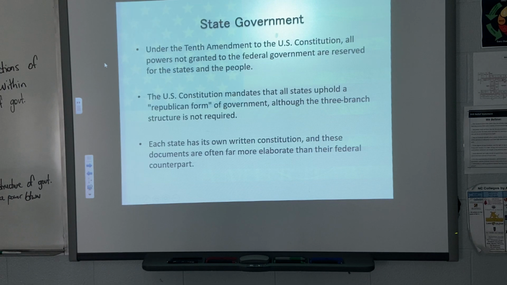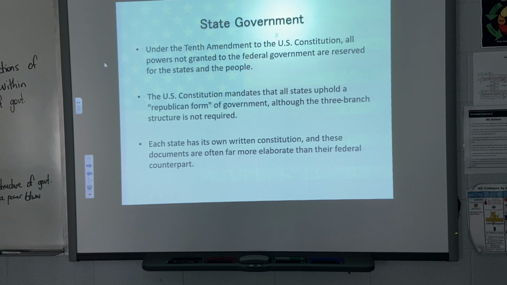That's only fitting. If we have a Republican form of government as far as the federal government, why would we change that as far as the state? That would create confusion and chaos. So we keep the forms of government symmetric, Republican in form. Republican meaning we elect representatives. We hold the rule of law. We encourage a three-branch system.